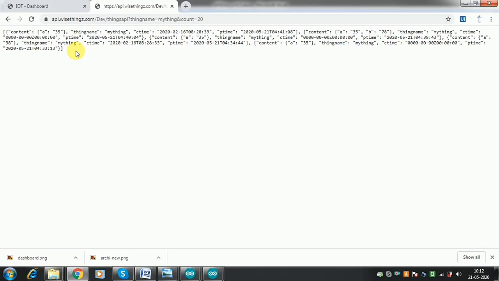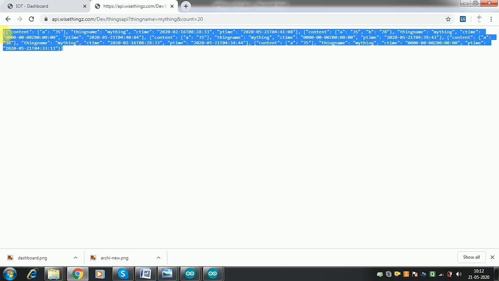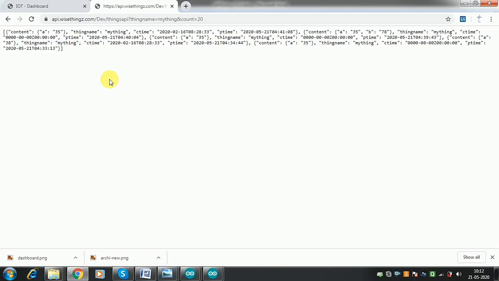Okay, so that is about the API service and its response. So using this JSON response, you can build your dashboard service, or some third-party software like ERP or any other software, or you can build a mobile app on top of it. So that is what our API services offer.